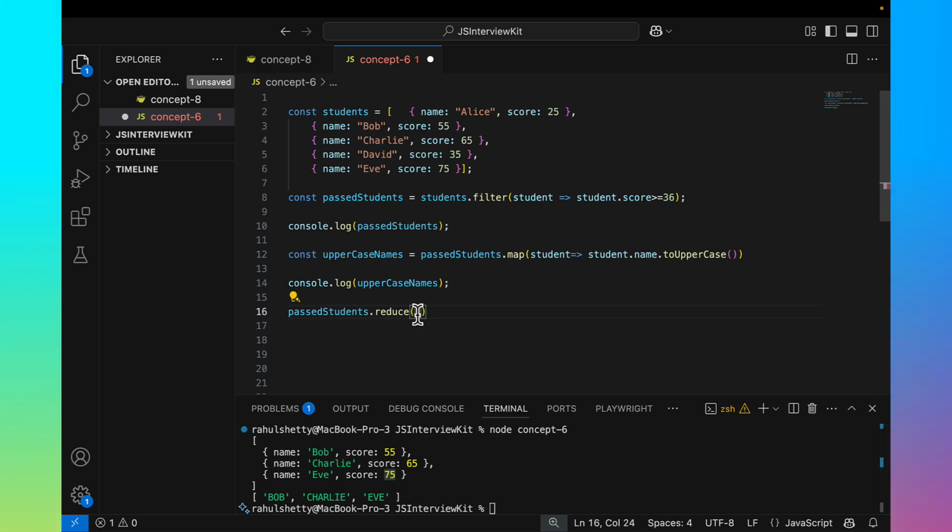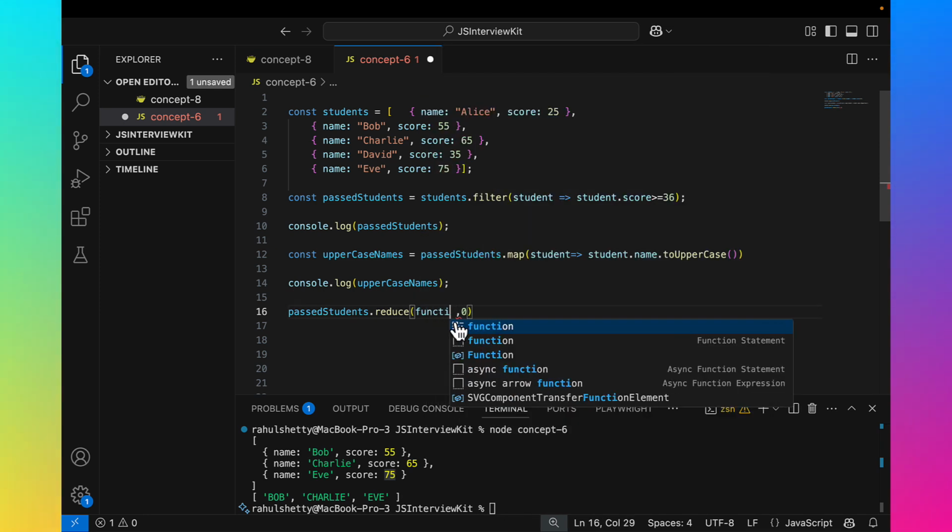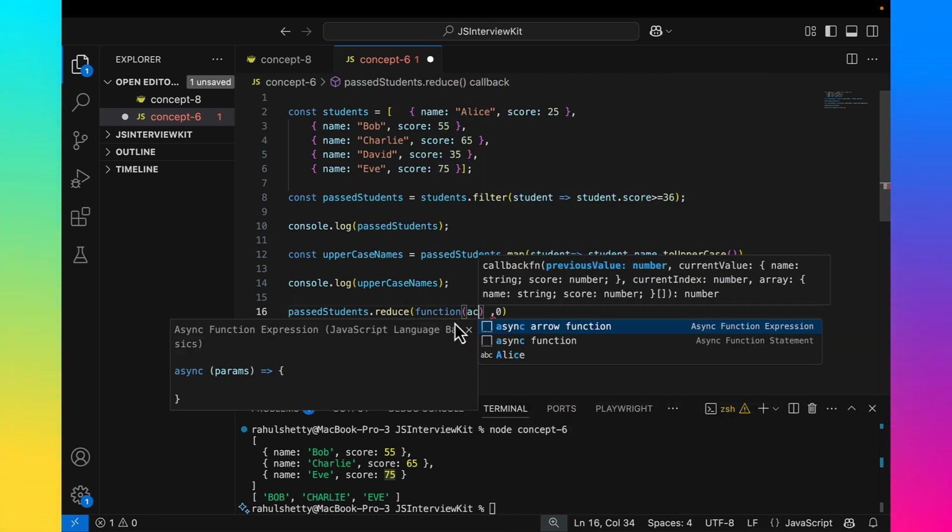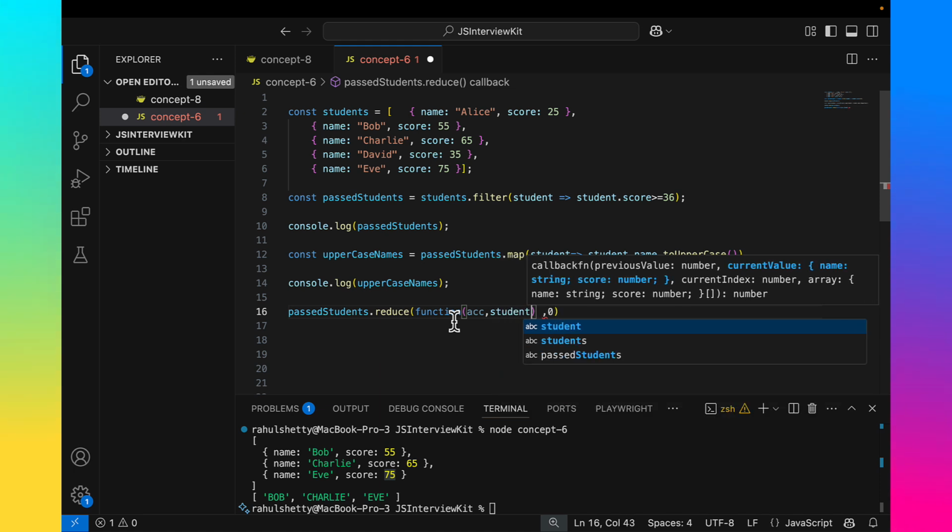Now accumulate, the second argument is an accumulator. Accumulator in the sense you can create a value which starts with 0, right? And then you can increment this value as you need in the first function. Just follow me, you will understand. So let me write one function like this. Function. This accumulator can be accessed,